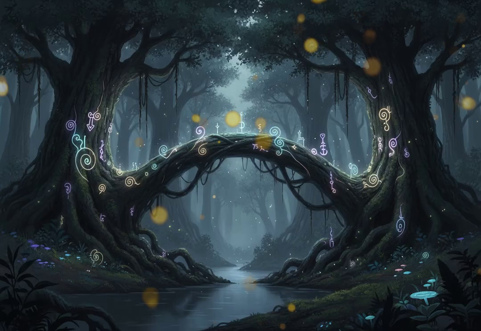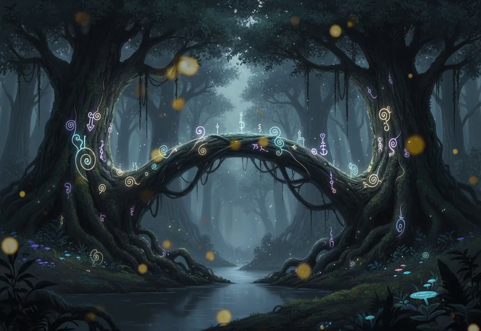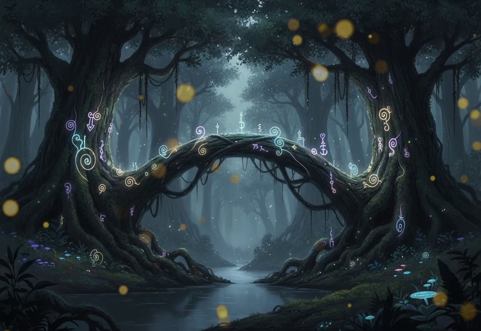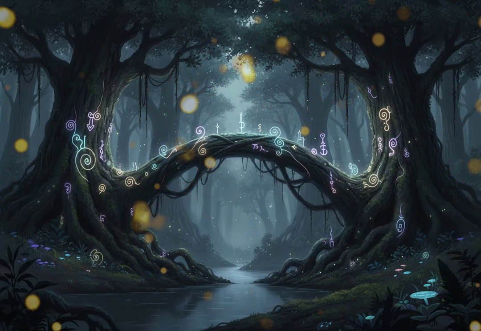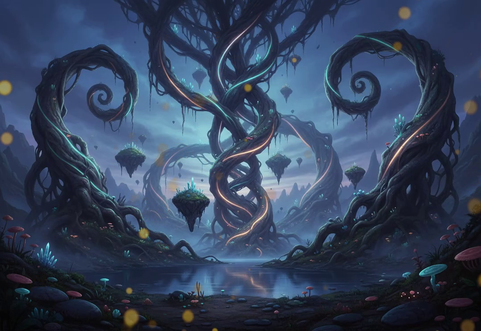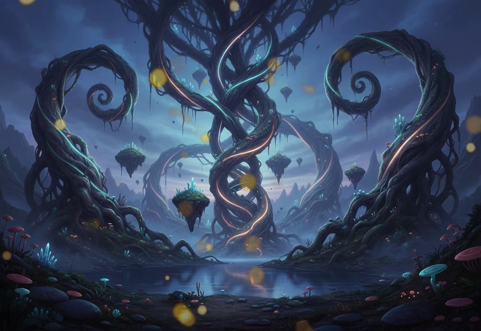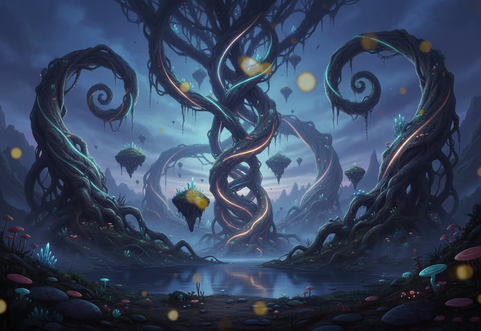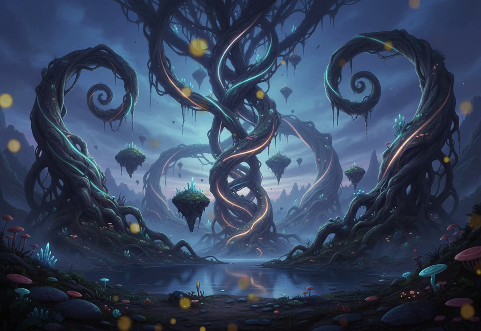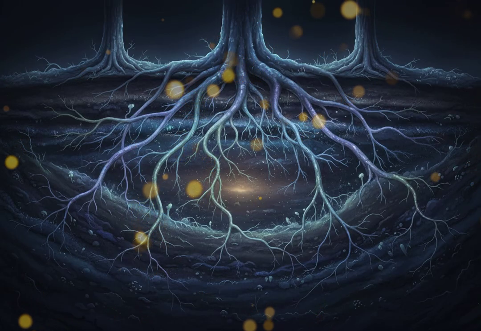As we immerse ourselves in the understanding of tree communication, we uncover a world rich with complexity and beauty, a testament to the resilience of life on Earth. The more we learn about these interactions, the more we realize the importance of preserving our forests. Deforestation and environmental degradation pose significant threats, disrupting the delicate balance of communication among trees. As we witness the loss of these vital ecosystems, we must acknowledge the consequences that ripple through the forest and